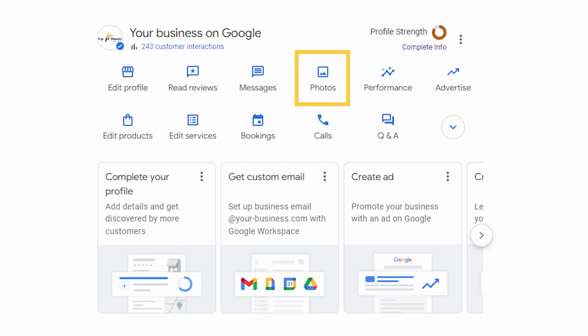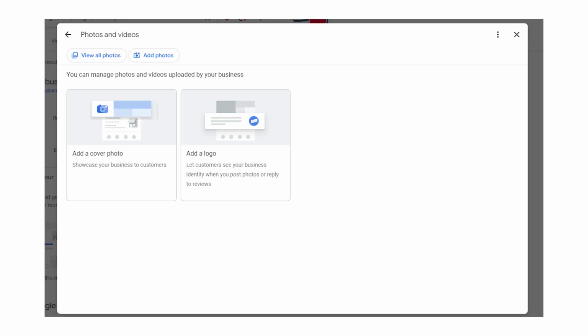Okay, now that we've gotten to the bottom of the business information, let's look at 3 more areas of your profile: photos, edit products, and edit services. Let's start with photos by clicking the Photos button. Once you click, you might see something like this if you have not added any photos in the past. In this case, click the left box to add a cover photo, and then click the right box to add